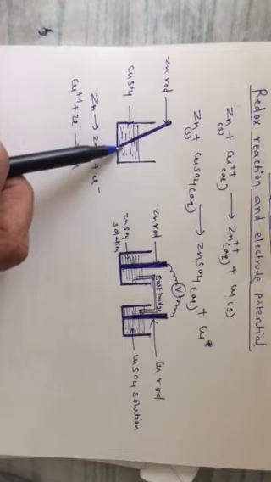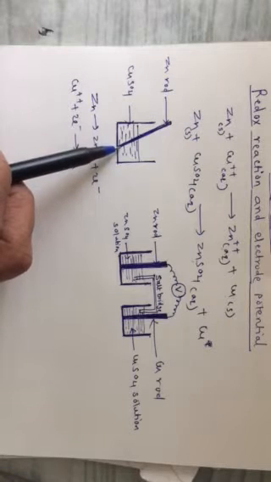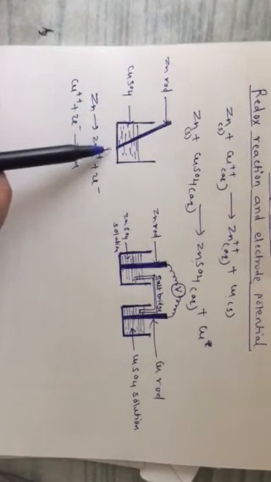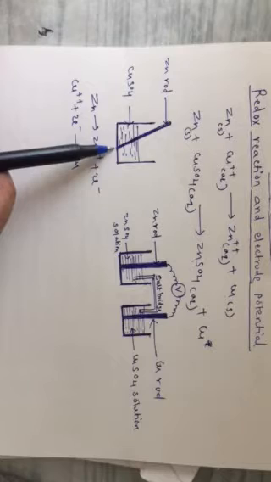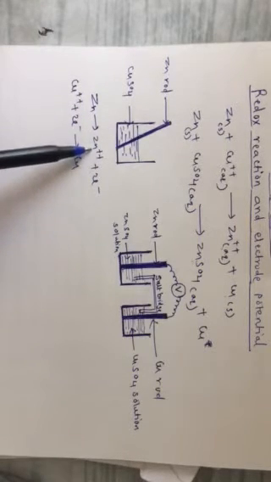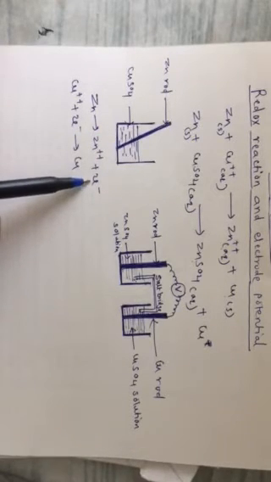Actually the complete redox reaction is going to take place, which is made up of two reactions, oxidation reaction and reduction reaction. So the reactions are Zn giving Zn2+ plus 2e-. That means at the zinc rod we are dipping, this reaction is going to take place. The zinc rod will give Zn2+ ions in the solution, and electrons will be given. What will happen to these electrons? Cu2+ plus 2e- giving Cu.